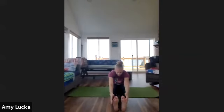Inhale, sending the arms up overhead. Exhale, palms facing out, forward fold, letting your hands come to wherever is comfortable for you, so it can be on your toes, at your ankles, at the knees, underneath, whatever is comfortable for you. Your knees can be locked out, they can be completely bent, or they can just have a slight bend in them. As we breathe into the seated forward fold,